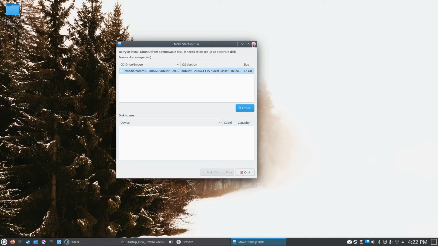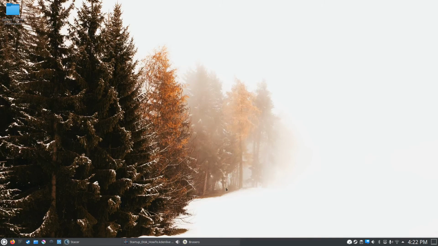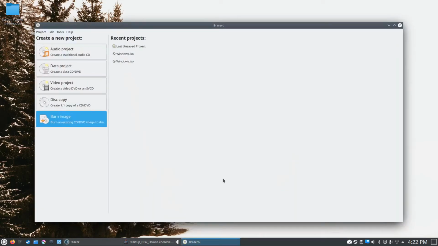So what you have to do, you can't use the Kubuntu built-in startup disk creator, so you have to download a program called Bracero, and you can find this in the Software Center. Just open Software Center up, search for this right here, Bracero. It takes a few minutes to download, but once you have that created, all you have to do is you